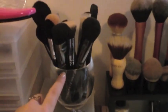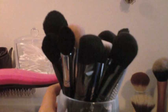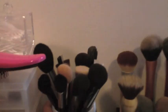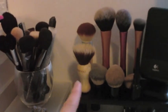And up the top I got this little container at Target in the bathroom section, and I've just got my most used face brushes in here. So honestly the majority is Roland & Co. Some of the new ones I got at IMATS, Sigma, Manicure, Eco Tools, and Elf. I really like the Elf ones as well. And just at the top here, obviously next to the speaker,